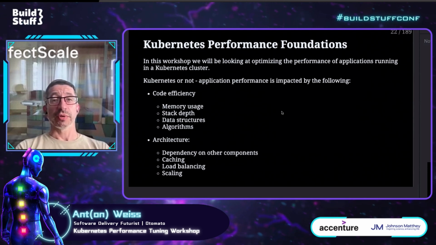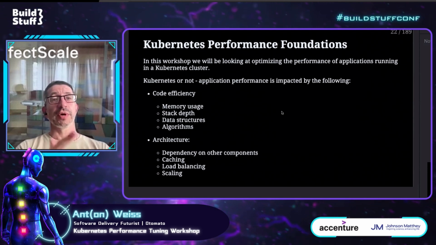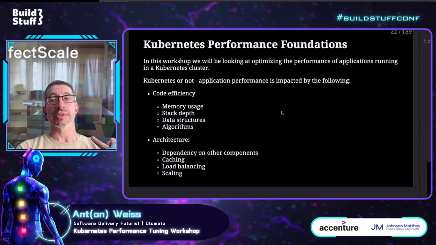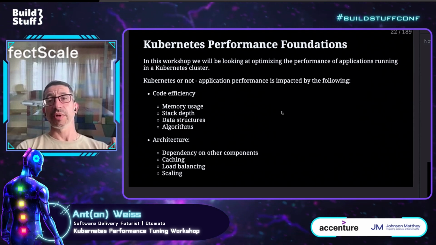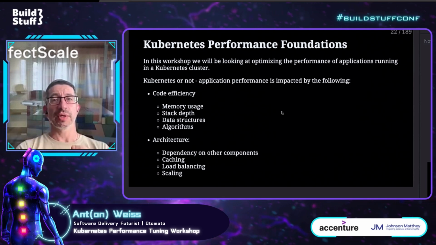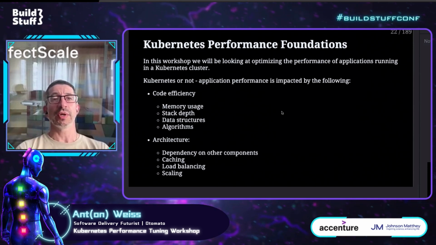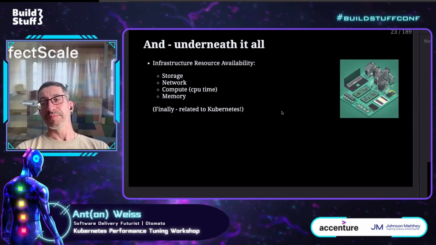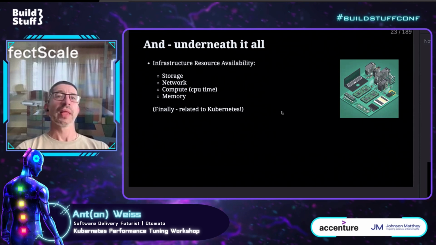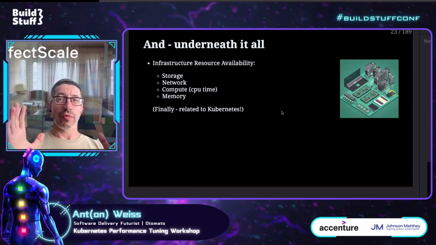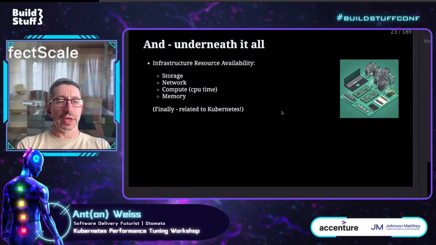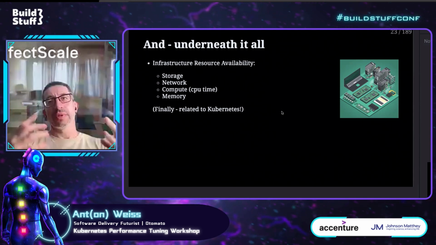We may be dependent on other components that are not performant enough. We need to implement caching and load balancing and scaling because everything is so distributed and we want everything to be very dynamic and to use the resources in an efficient way. And these things are not that easy to make happen. Okay. And of course, underneath it all, underneath the code efficiency and the architectural concerns, in the